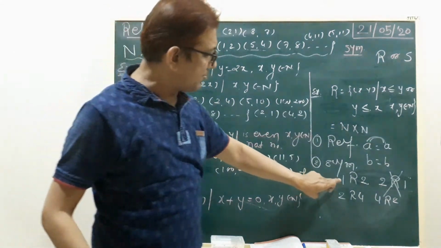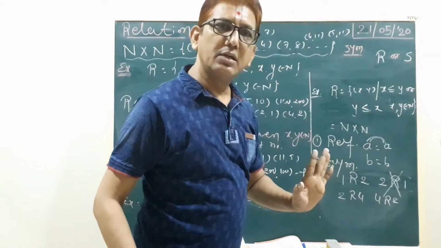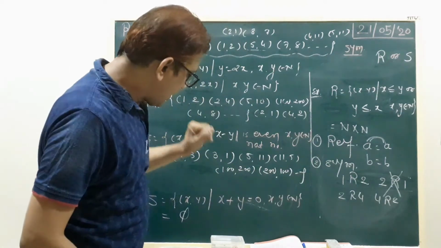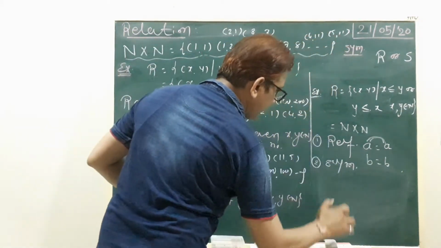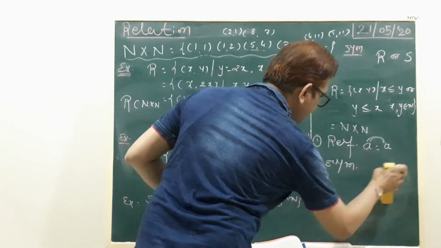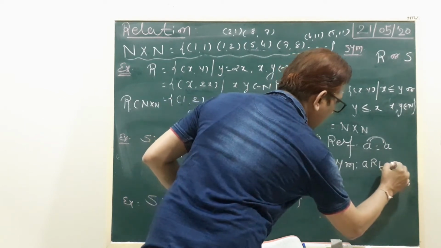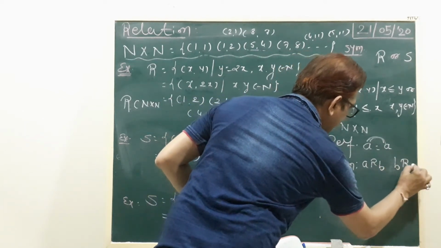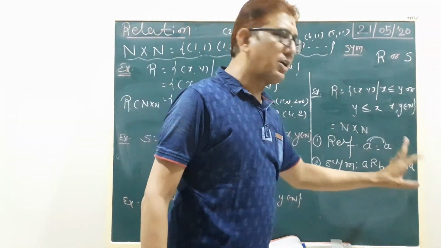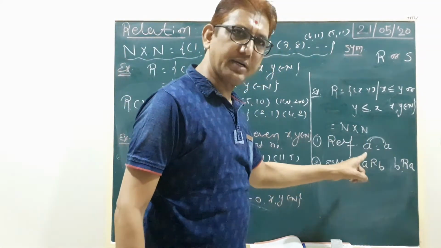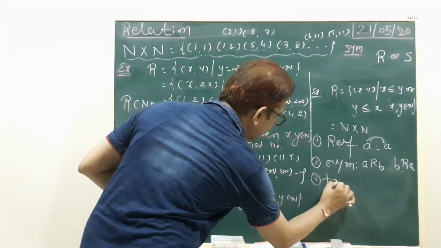Right? This is your symbol of the relation. 1 is the relation of 2. 2 is the relation of 1. Clear? Okay. Now we discuss the third property. The second property in symbolic representation is symmetric: A relation B, or B relation A. A relation B is possible if B relation A is also possible. It is called the symmetric property, right? Okay. Now the third one.